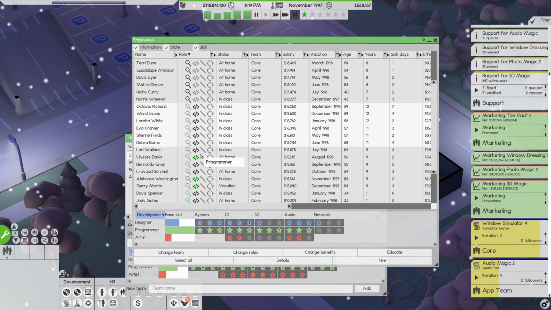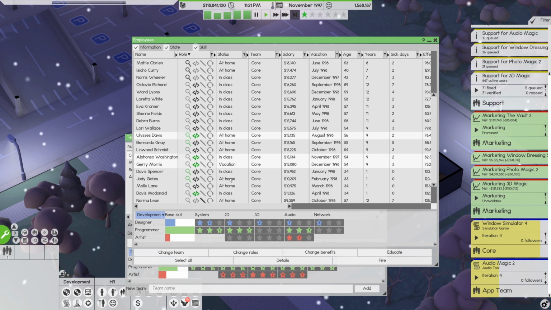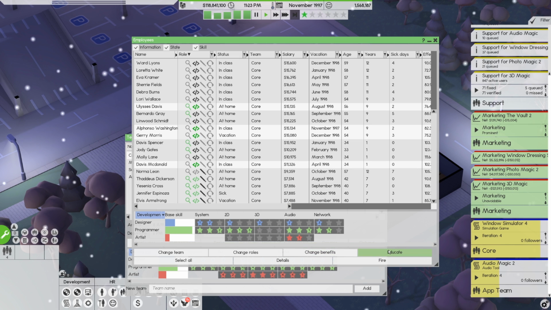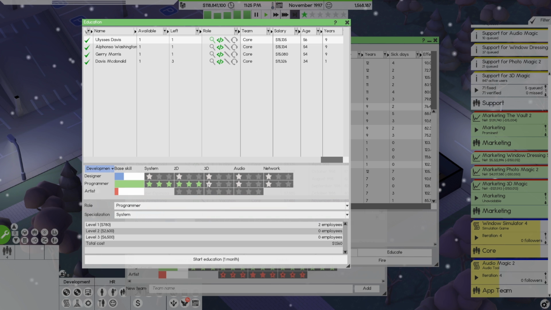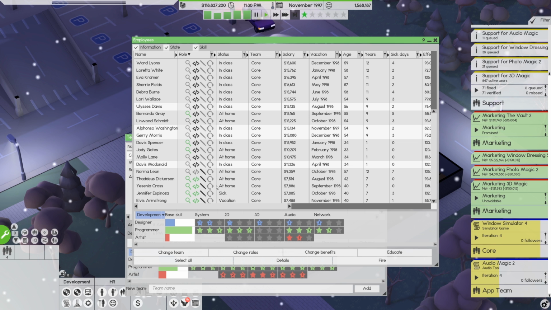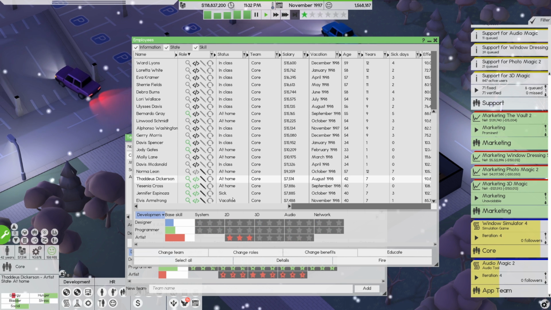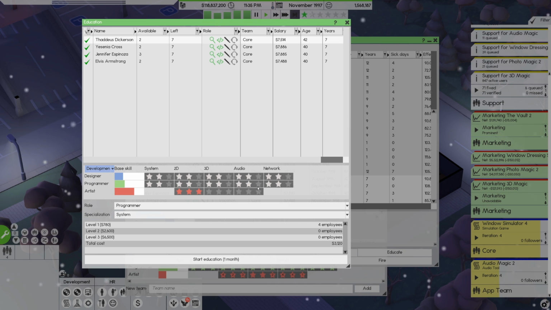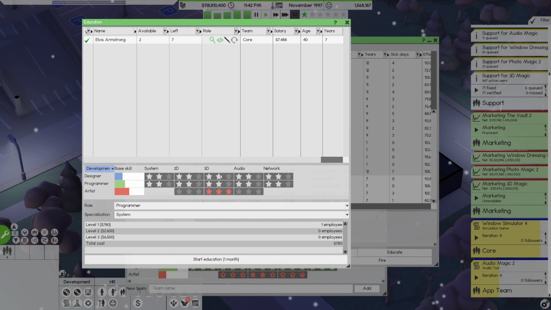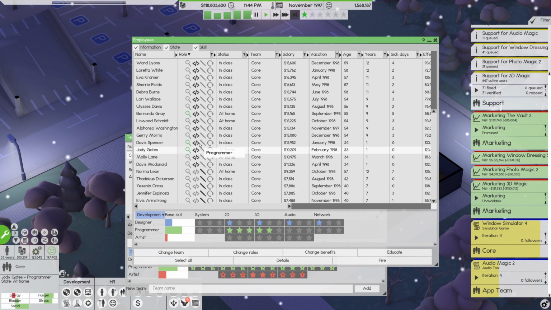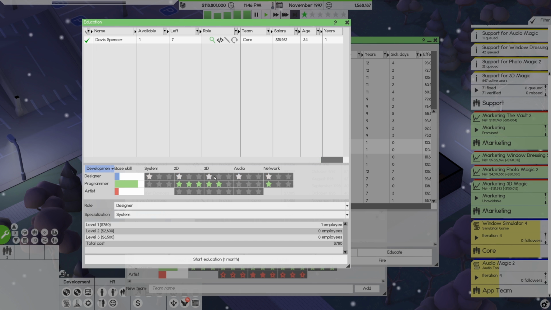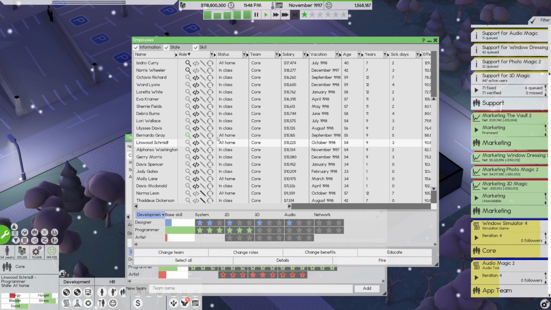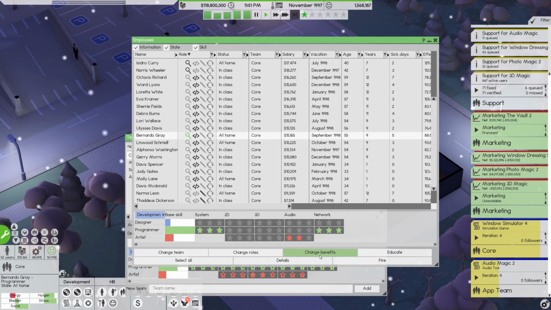3D. We need lots of 3D programmers. They are going to class, I'm noticing. They definitely are getting educated. I think it's just they're skilling up faster than we're educating them by the looks of it, which is fine. And then these guys get educated in secondary things, which they don't really need. But I'm going to give them 3D. Why not? That's that secondary thing. Why not? We really need to push this 3D